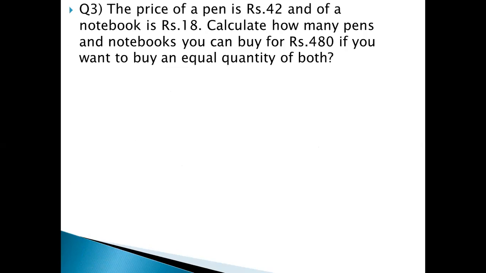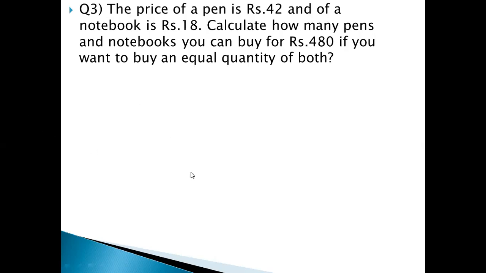You have been given the length of a rectangle is 2 centimeters more than twice its breadth. So let's suppose breadth is x, and 2 centimeters more than twice its breadth, so its length will be 2x plus 2. Now you solve this, so you will get the value of x, and when you get the value of x, from this you have to find the length and breadth. Now come to the third question.